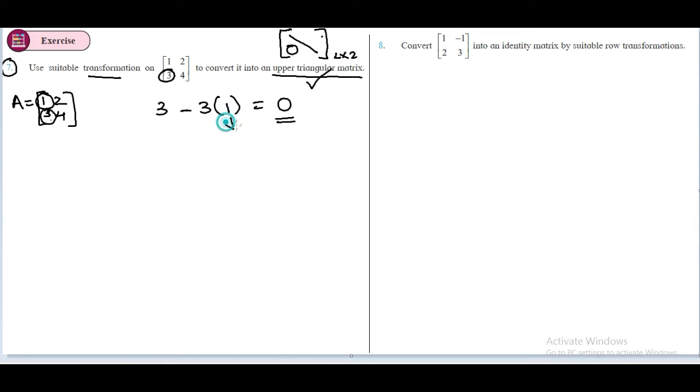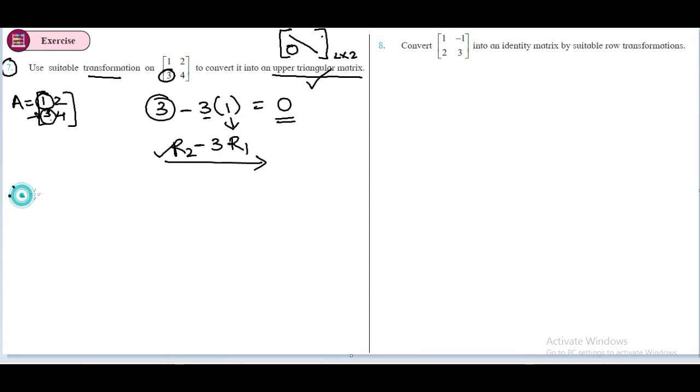This element I have taken from where? I have taken it from row 1, right? What have I multiplied to that element? That is 3. Minus, from where have I taken this element? I have taken this element from row 2, right? So R2, this will be my operation. You all understood how easy it is to identify what operation I have to apply. So my new operation will be R2 minus 3R1 on the original matrix.